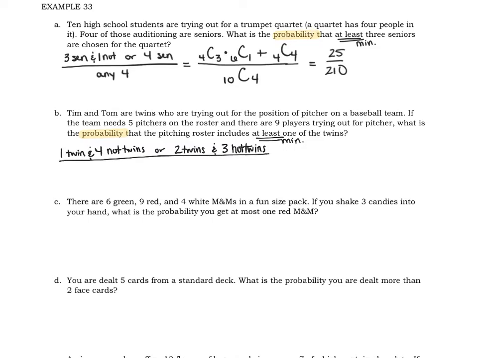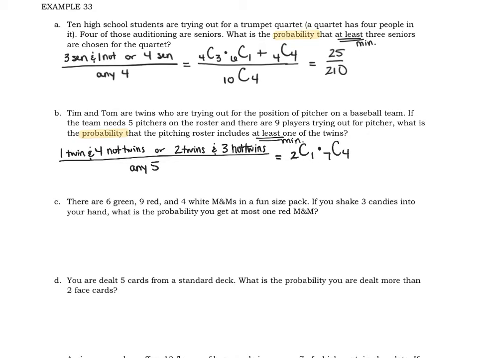That will be over the total number of ways to get any 5 people to serve as a pitcher on the team. So when it comes to the twins, there are two boys trying out that are twins. We would choose 1 to be on the team. And since there are 9 people trying out and 2 of them are twins, 7 of them would not be,